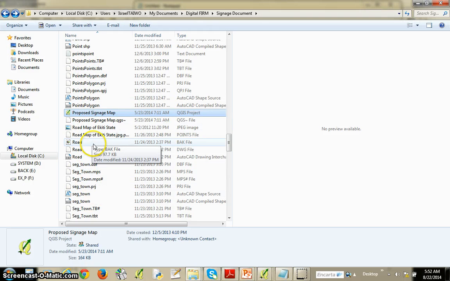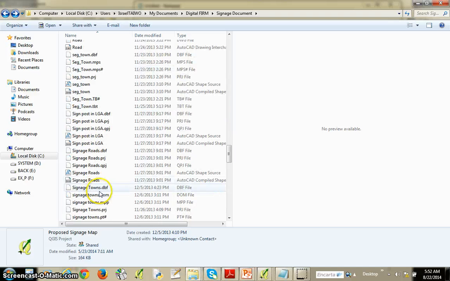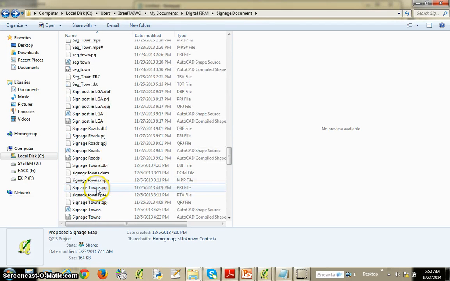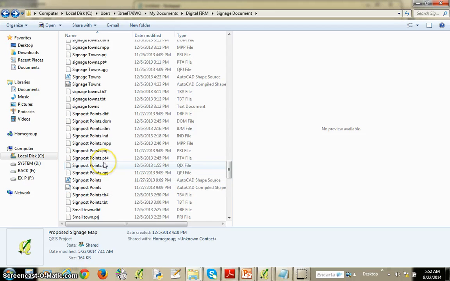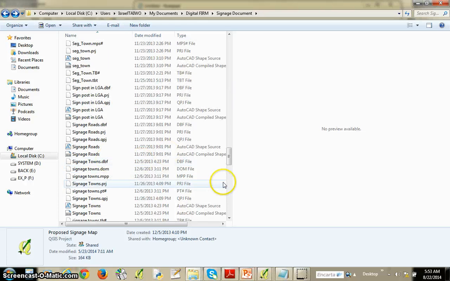These layers could be inside different folders. For example, if you want to use the layer for towns that are in Ekiti State, maybe you've already worked on Ekiti State before, and you have a layer called towns. You don't need to duplicate that particular layer. You could just go and locate the layer in that different folder where it is. That's not going to be a problem. Let me explain this. If you get this, you would get that. Now what I'm trying to explain is that